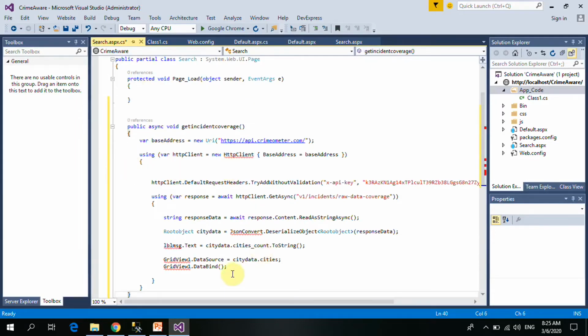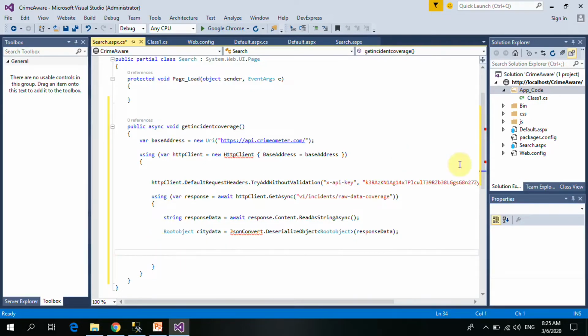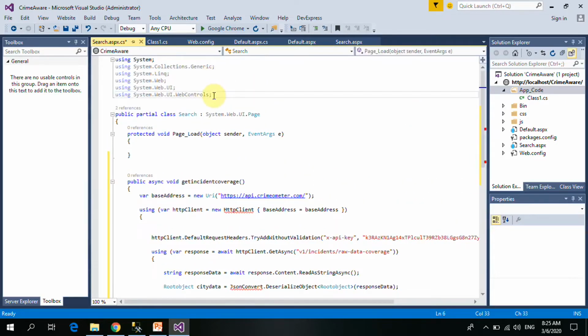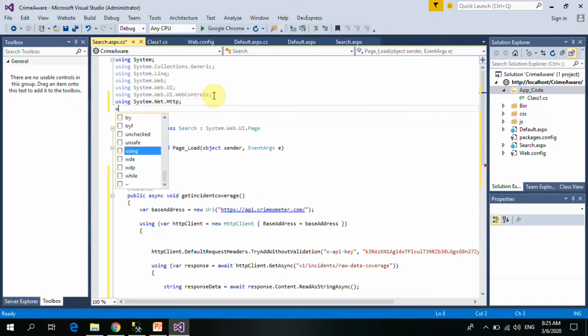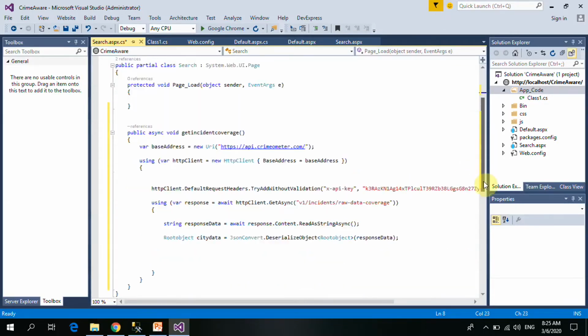Okay, but now we don't need this, and we don't need this. So just come here, we say using System.Net.Http, and then using Newtonsoft.Json. Okay, so